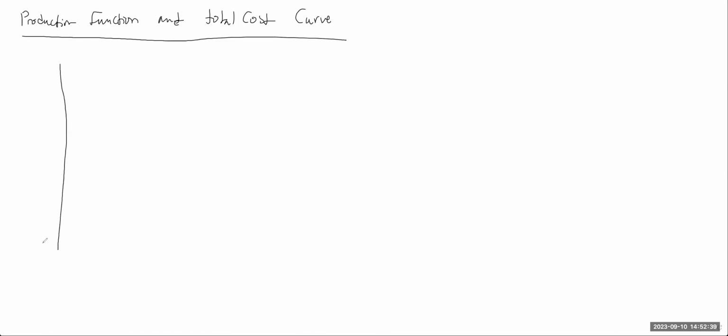All right, so the total cost curve is drawn in the following 2-dimensional space where we have output measured on the x-axis, unlike the production function where output was measured on the y-axis. And here, the y-axis, or the dependent variable, is total cost, TC. And this is output. And usually, the total cost function, I won't say usually. The total cost function,